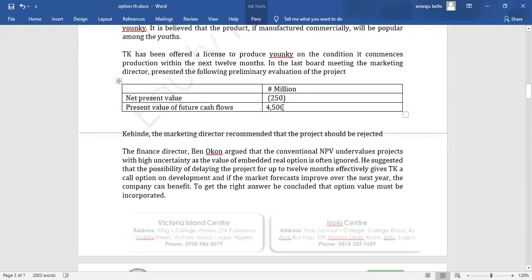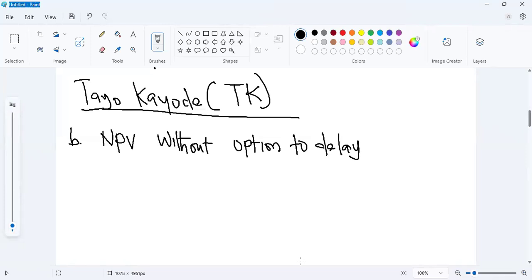NPV of the project, negative 250,000. We just pick that. This is equal to negative 250,000. This is my step 1. Step 2,